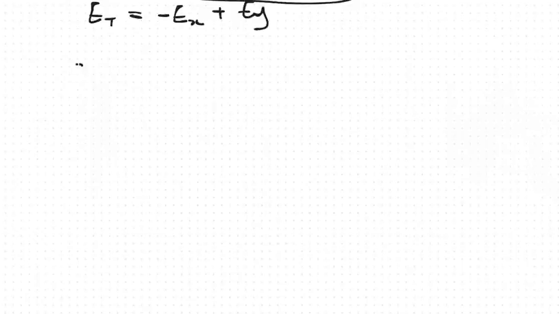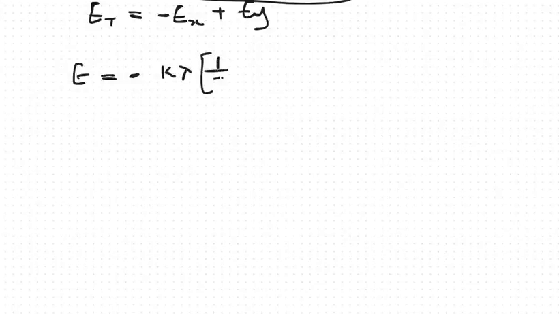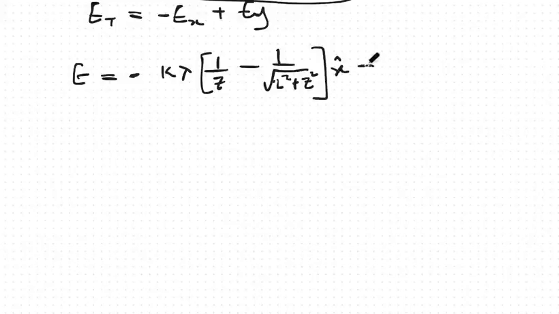Then the total electric field will be equal to, the Ex is, this is negative, then Ex is k lambda into 1 over z minus 1 divided by the square root of L squared plus z squared in the x hat direction, and